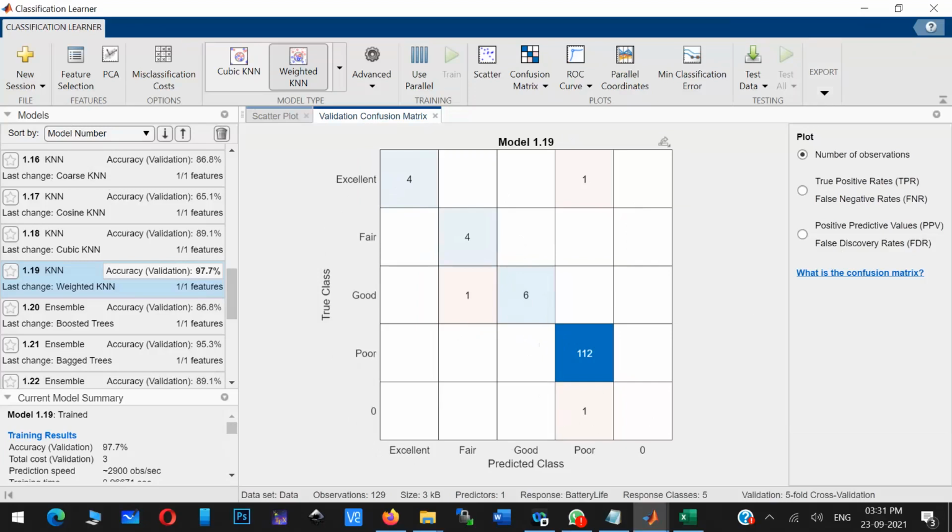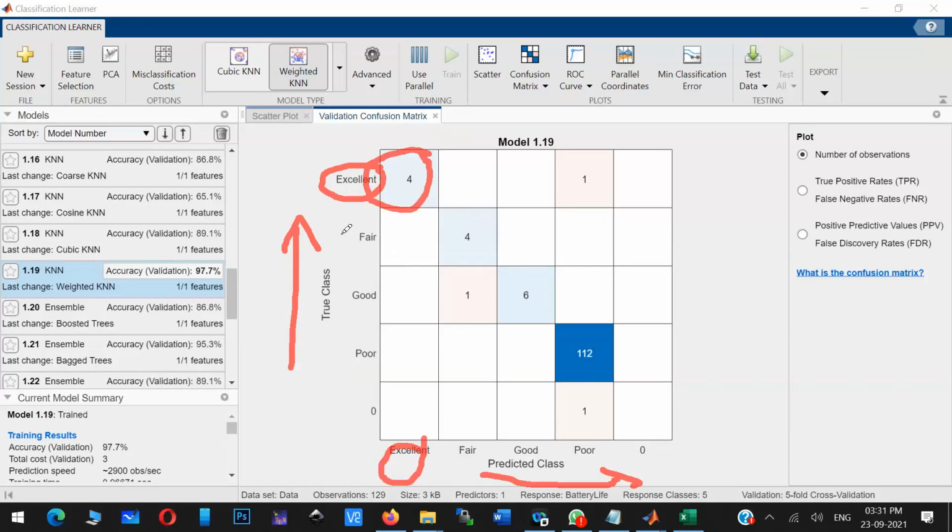Now, what is our expectation? Predicted value should be the same as the true value, correct? Predicted value should be the same as the actual value. Now you can see here, if the true value is excellent, the predicted value also should be excellent, so that should be the diagonal element.